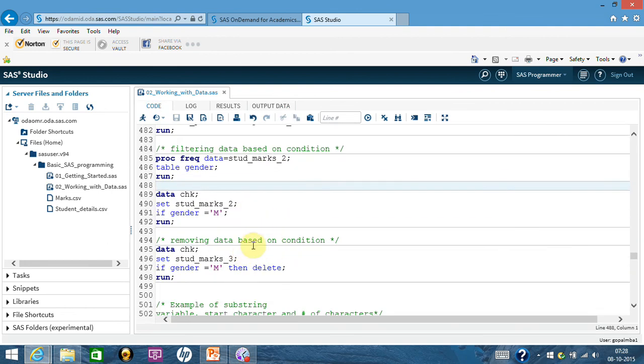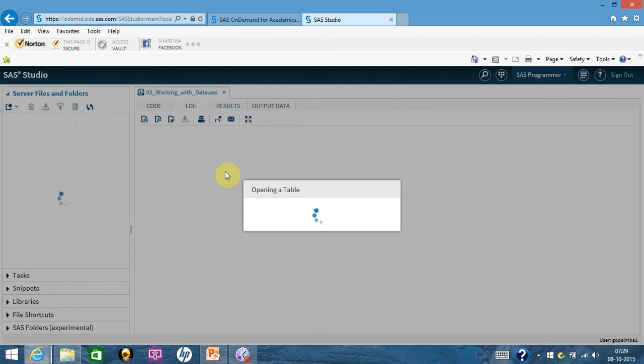Similarly, you can actually remove. So if you think of what you learned here, how to keep certain data which meets the condition. If you're not putting anything else here, it means that whatever meets the condition, keep it. But you can actually remove it also. So if you want, you can say remove all those which are male. Anybody who is male, remove it. So if you run this time, you should get the 5 records only for the female, right?